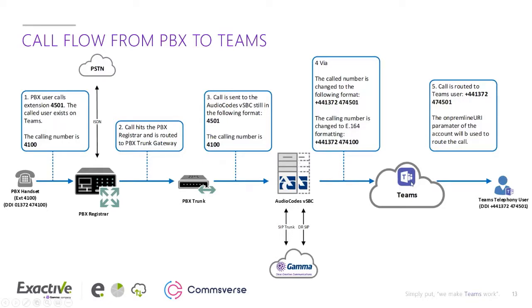But before we do that, if we send it to Teams, a straight 4100 and a 4501, Teams is going to go, I have no idea what you're talking about. This is not my language I'm speaking. And essentially, this is where, again, the magic happens. It's going to transform it to E164 format, as you can see by both here, which has been done. And because the on-prem line URI parameter is set here, which is essentially what you need for direct routing, it will match and it will call the user.